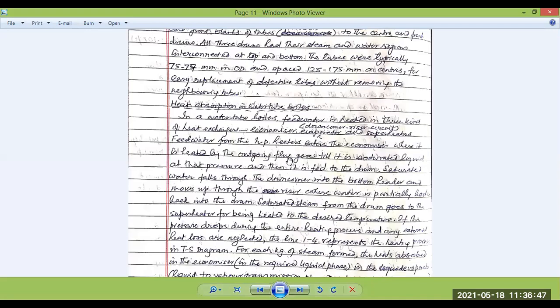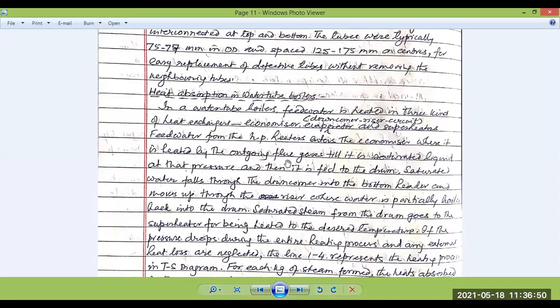We have classified power boilers into two different types: one is water tube boilers, and another is flame tube boilers. There is a very simple difference between the two. The heat is carried from the flue gases to the water for vaporizing it into vapor. And how will you supply the heat? Sometimes the flue gases go through the tubes, and the tubes are surrounded by the water. This is called gas tube boilers.